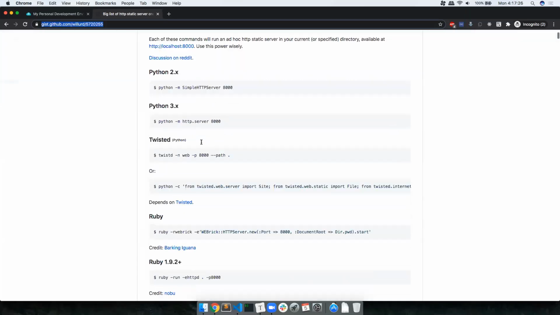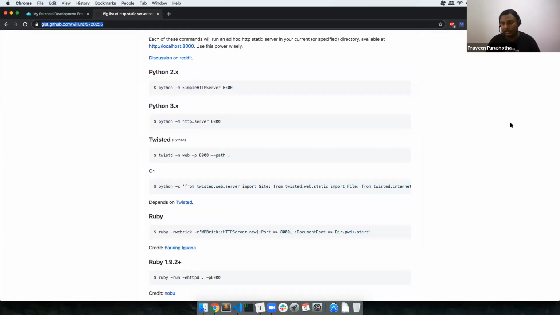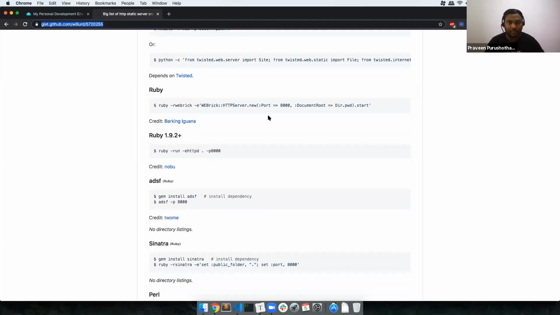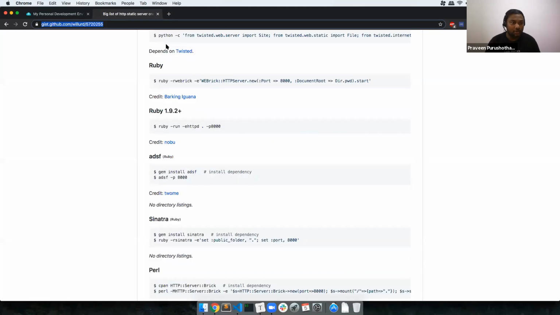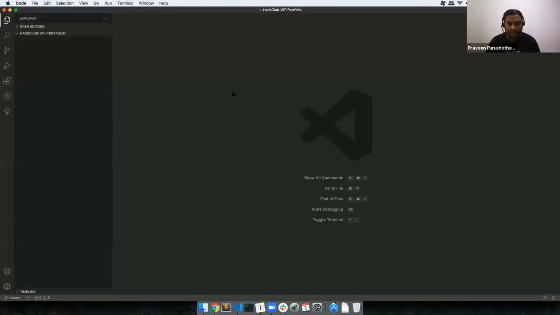So here you can see a lot of one-line servers are here. Okay. So now what we are going to do is we will be taking one of the favorite servers. For me, PHP is favorite. Okay. So I'm just going to use a PHP one-line server. What does a one-line server mean? I'll tell you in a few minutes. So before that,